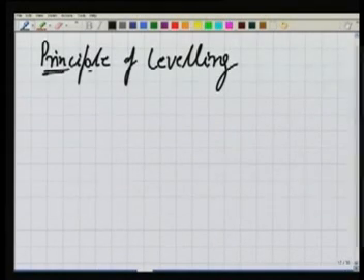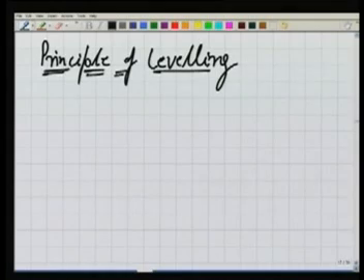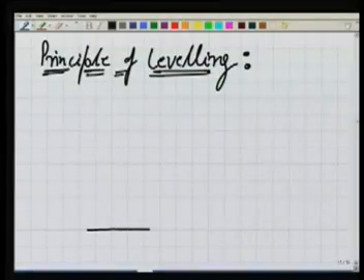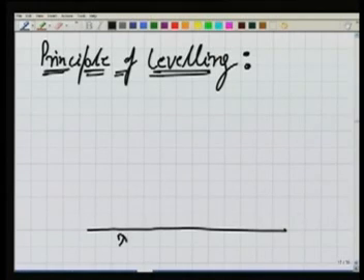We have seen the basic definitions so far. We have understood the terms which are useful, and which we'll make use of. And now we are going to say how we actually carry out the leveling. Okay, in order to do that, let's start. Let's say this is our datum, okay, our reference surface, and over here is our ground,